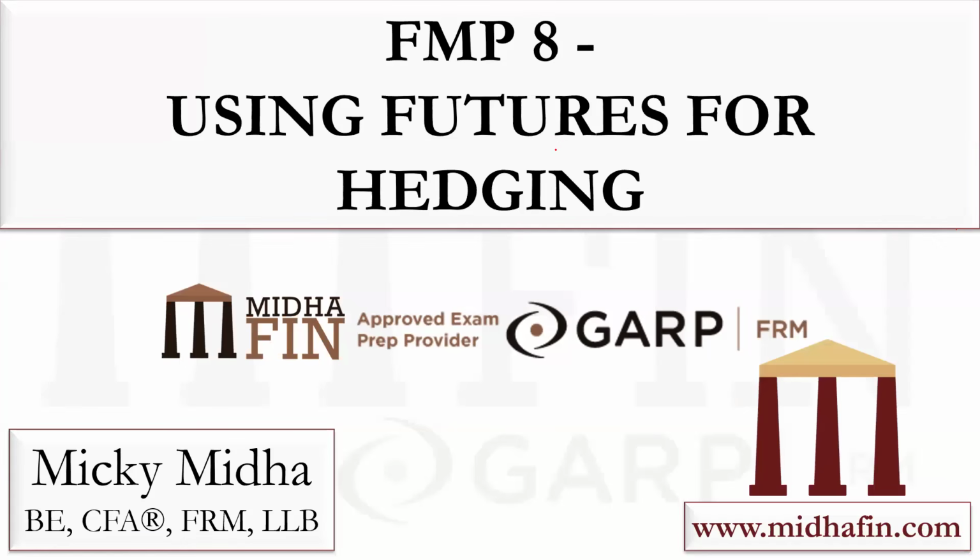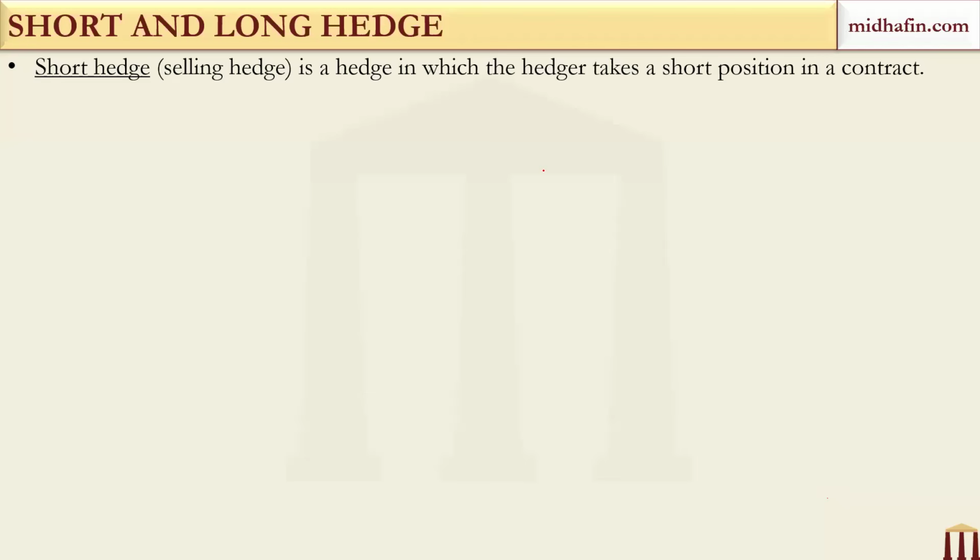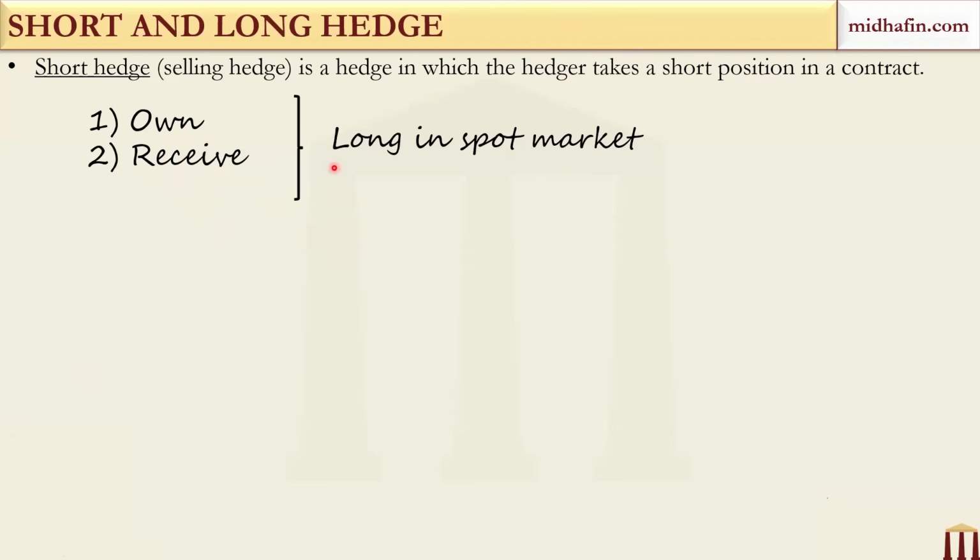So we'll start FMP 8, using futures for hedging. Now, a short hedge is a hedge in which the hedger takes a short position in the contract. This is again something which will seem a bit counterintuitive when I explain the position in the spot market. When you own, or receive, or are about to receive